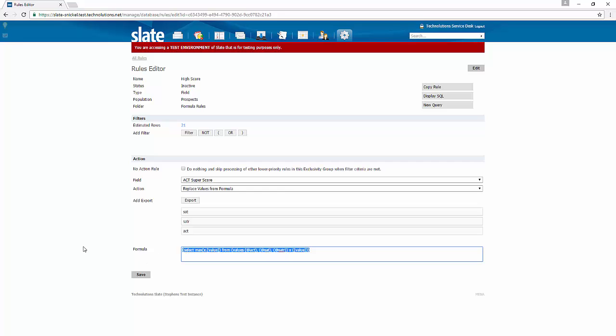The example formula is also in the article. As a matter of fact, all the example formulas we'll look at are all in the article currently right now as well. What this formula is simply doing is saying select max, or select the highest value from the variables, and you'll see that this is where we're now noting to look at specific new exports. So variable of ACT, variable SAT, variable SATR. And so we're saying get our max value from, and look across those 3 variables. And so whichever one's highest, take that value and then insert it into the superscore